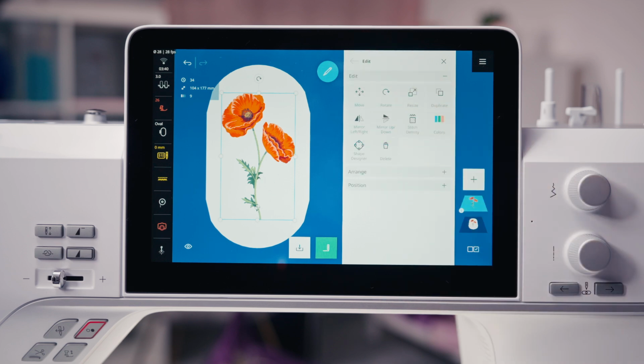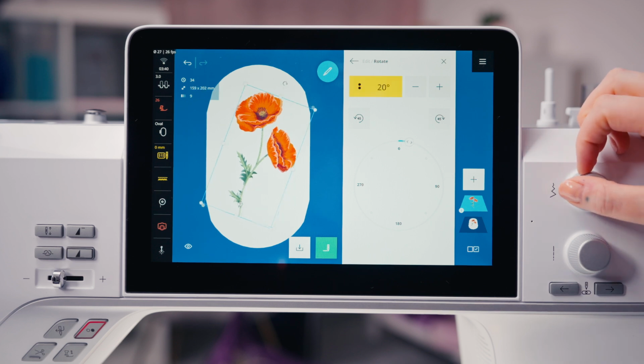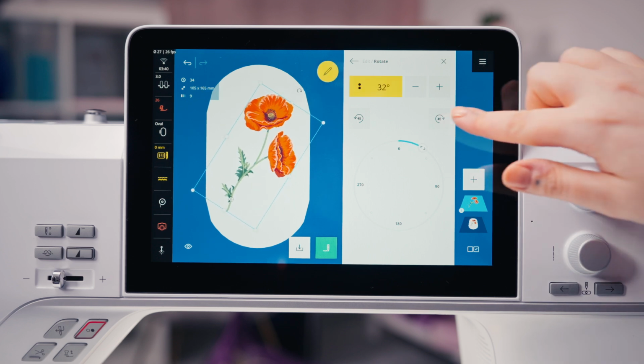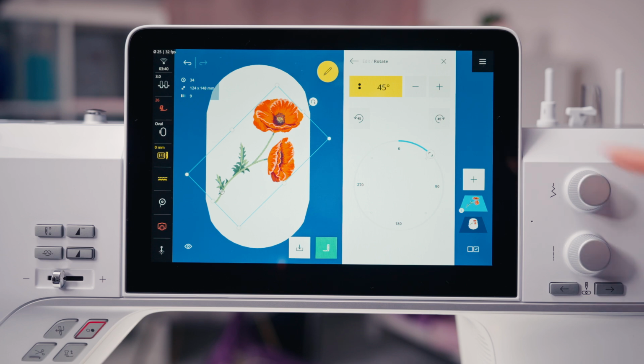You can rotate using the multifunction knobs in the Edit screen by selecting the 45-degree increments or by using the rotate handle on the bounding box.